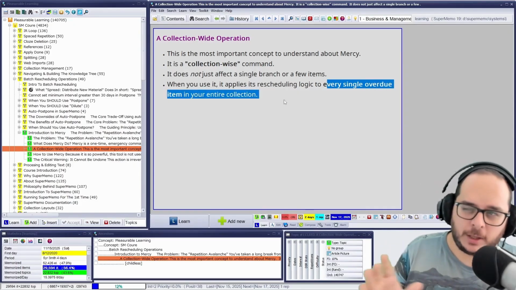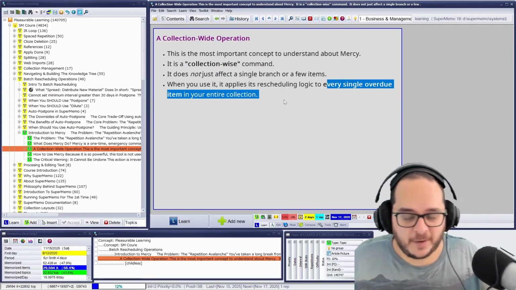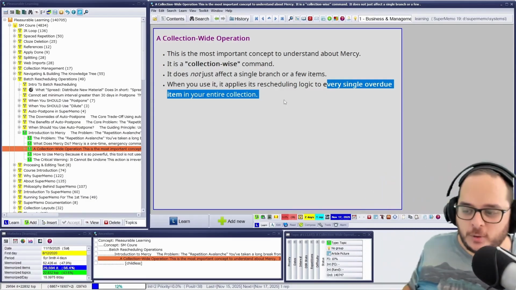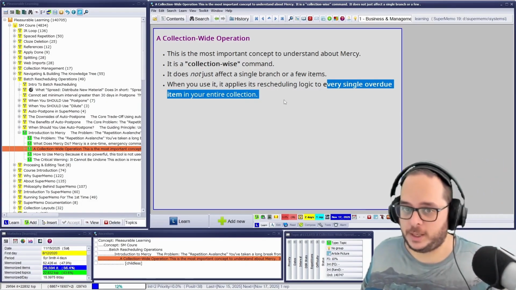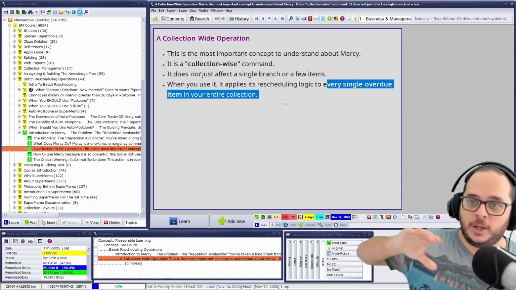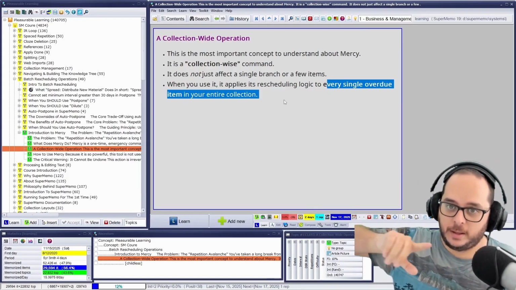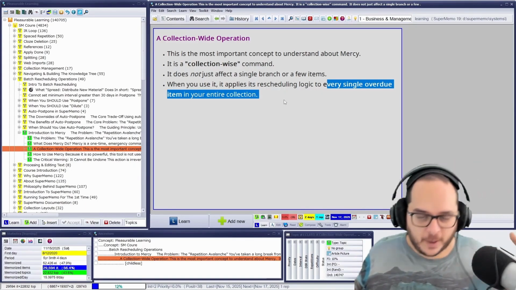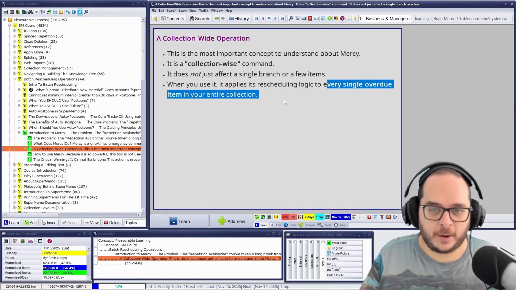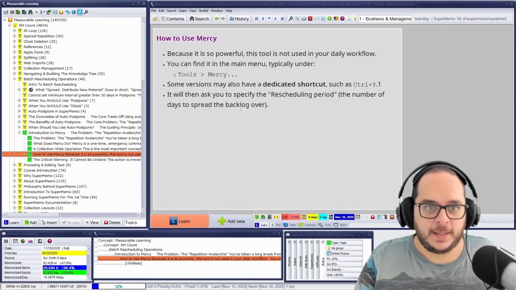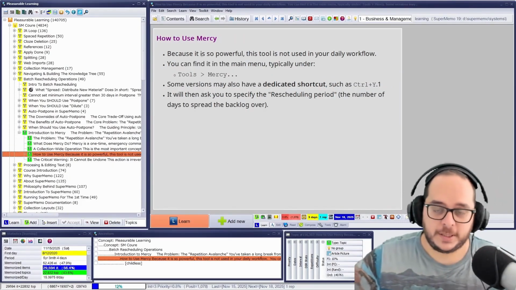Now I'm not sure if it's optional, because I don't use mercy that often, but you could take into account the future repetitions as well, or not. That's why if you do a big window, like a year, you're not just postponing what you have now, but what you will do in the future as well, or at least it will have been taken into account. That's why mercy is so powerful. It's too powerful.